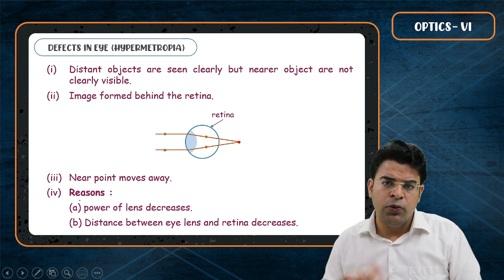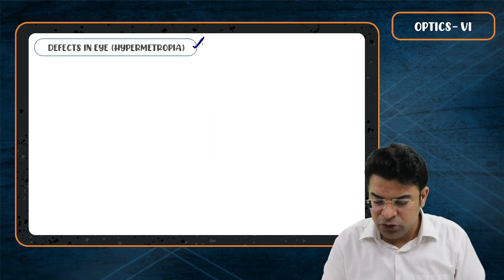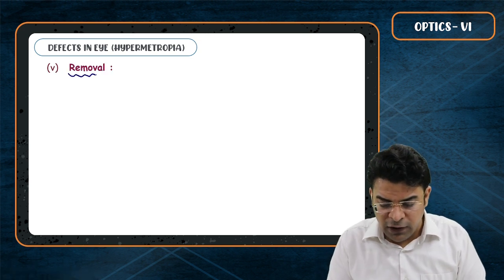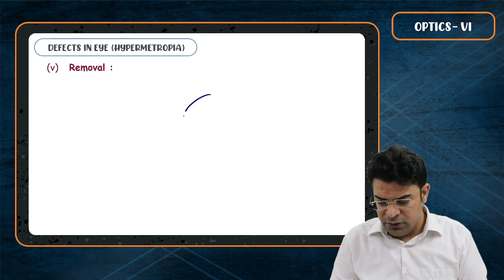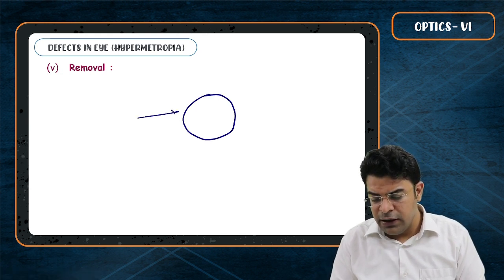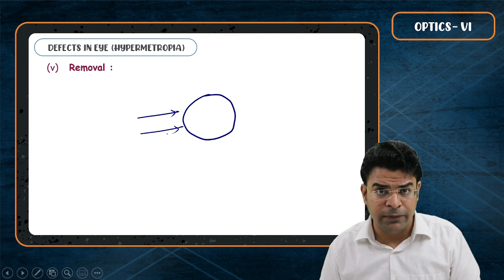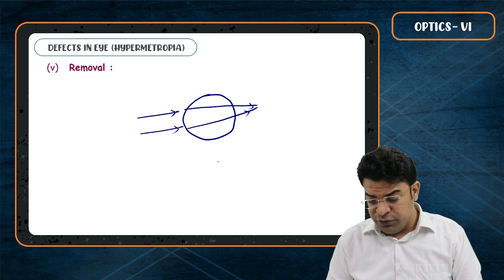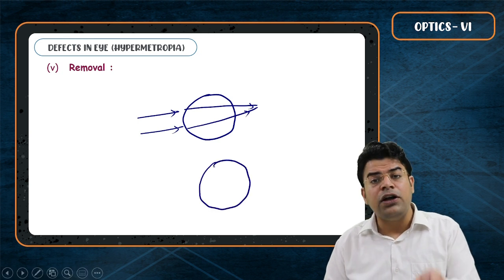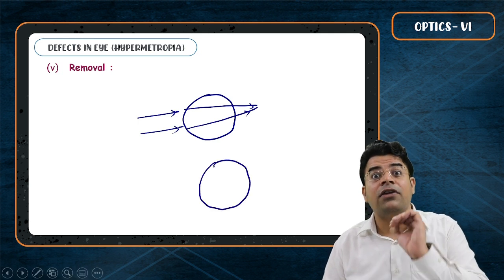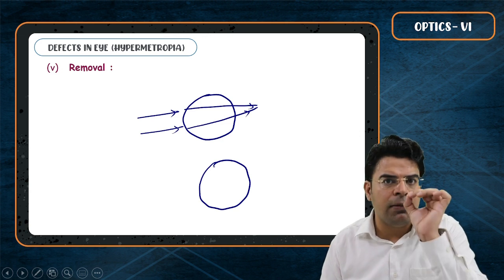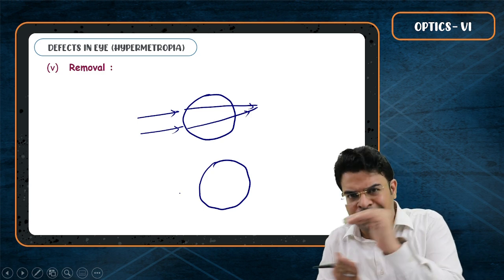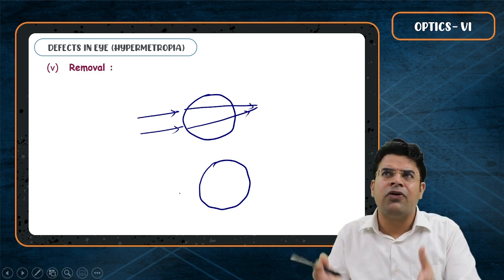Now बच्चों, moving on and talking about how to remove hypermetropia. So how to remove hypermetropia? See, we need to understand that if a person suffers from hypermetropia, the rays are converged behind the retina, right? So which type of lens has to be placed in front of the eye so that the rays are converged on the retina so that the person can detect a clear image? So sir, rays are not getting converged at the retina. They are getting converged behind because the power of the lens has decreased.